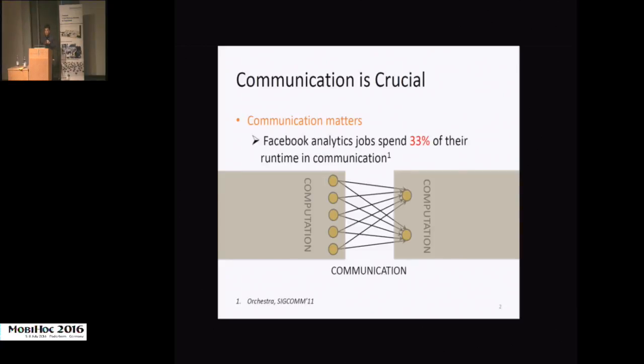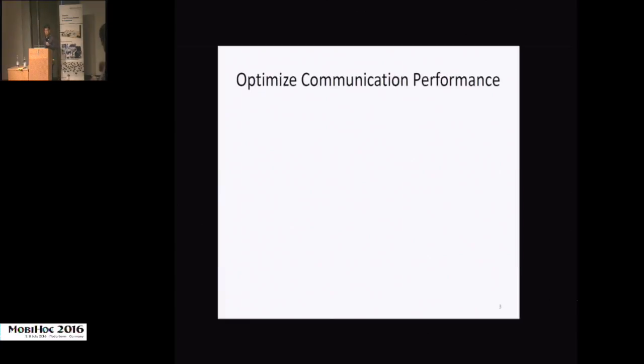So let's look into the motivations first. Applications in this era always consist of a communication stage and a computation stage. And the communication stage becomes more and more important, especially for the application's performance. For example, Facebook analytics jobs spend almost 1/3 of their runtime in communications. And we, as system designers, can no longer ignore the effect of communications, which means we need to